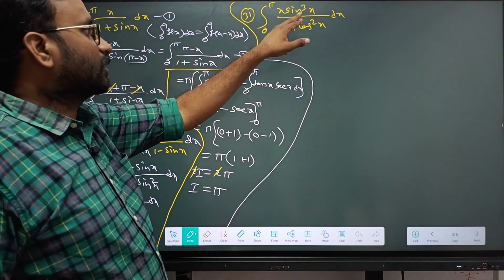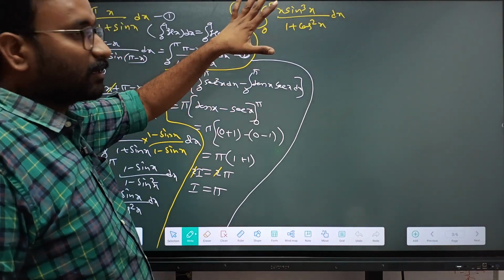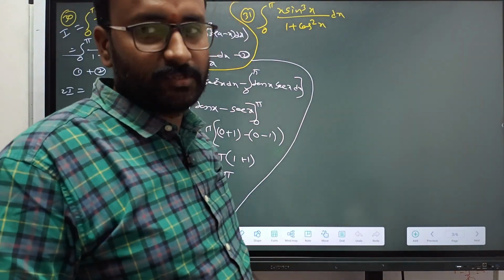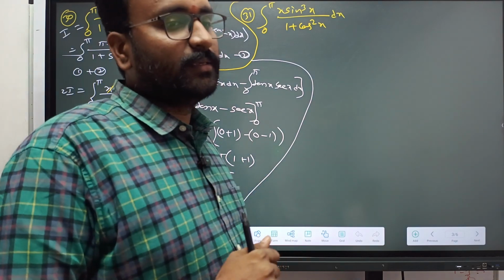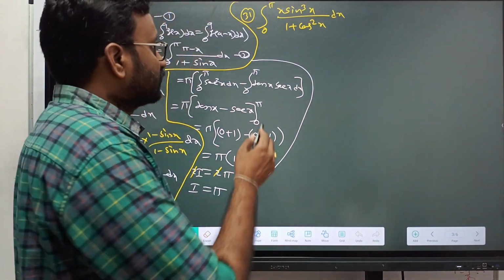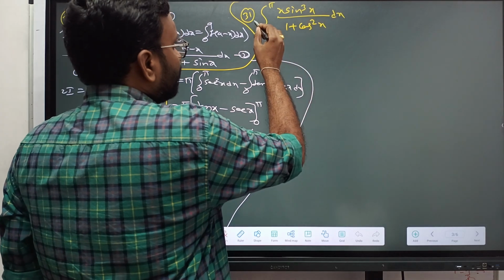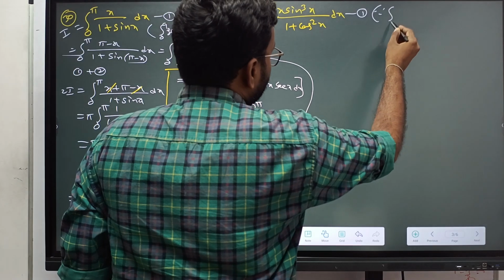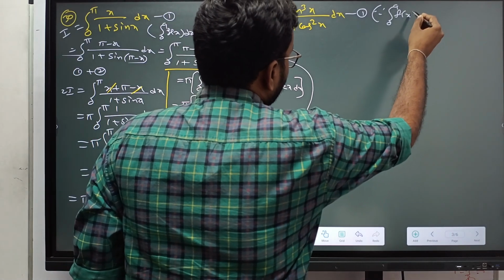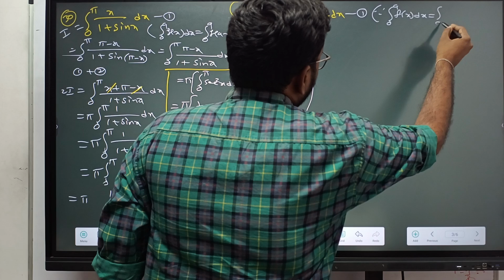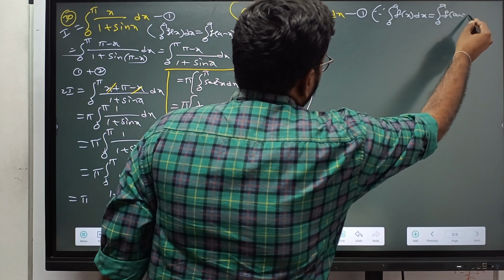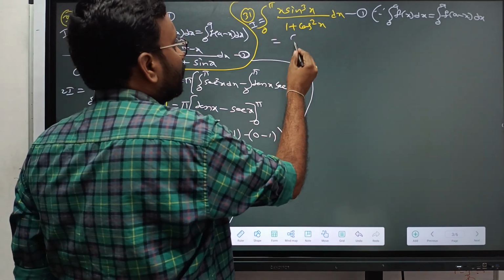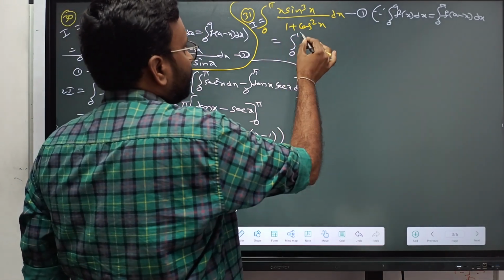Integral 0 to pi x sine cube x by 1 plus cos square x dx. All of these are related to only one property, that is integral 0 to a f of x dx. Till now we are using mostly only this property. Let I equal to this, equation number 1. By property, integral 0 to a f of x dx is equal to integral 0 to a f of a minus x dx. Now, if you use that property, with limits 0 to pi,